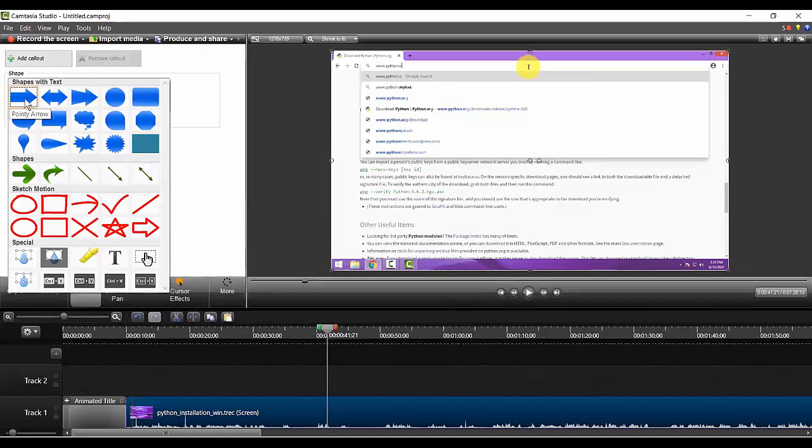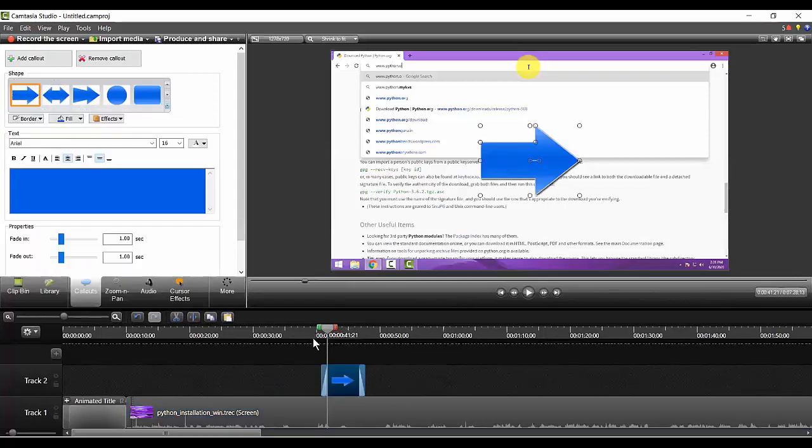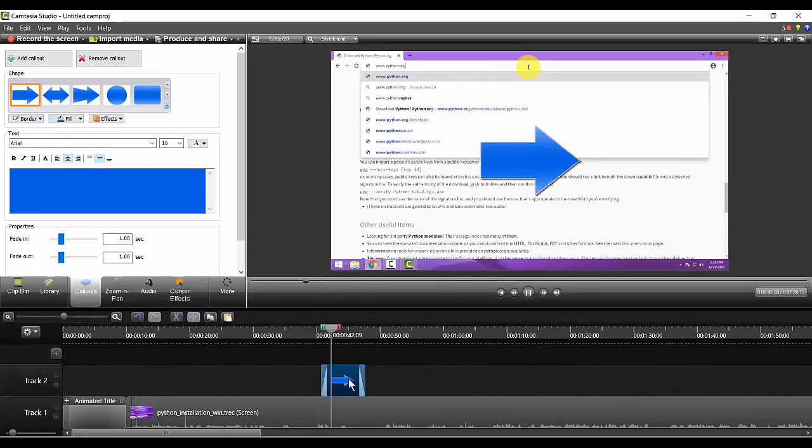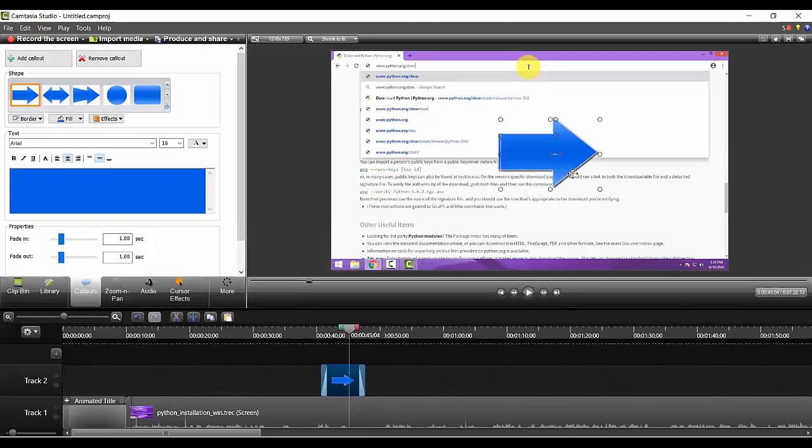Now see, if I click this, automatically it came here. And look, there is a transition also defined here. I'll show you how. It will be shown very smoothly, and after some time it will go away very smoothly. Now I can take it anywhere I want. It will show that particular location of the screen.